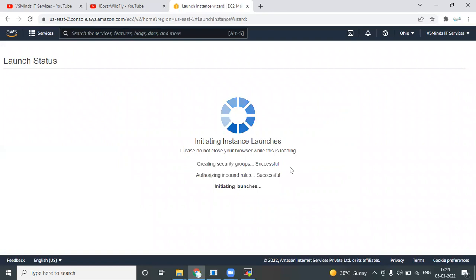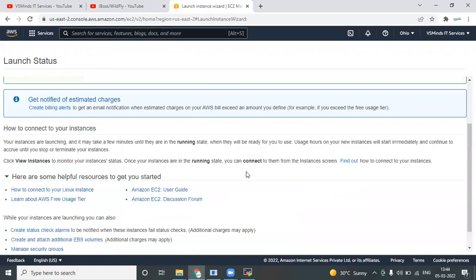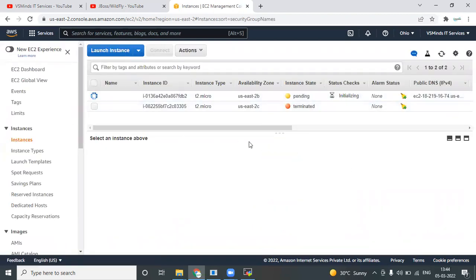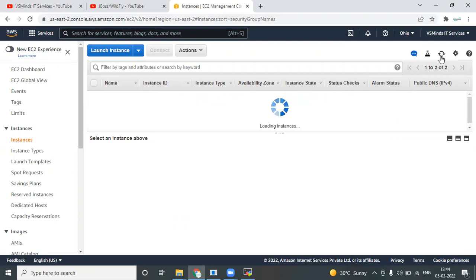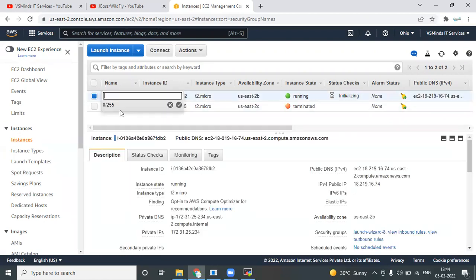Click on launch. Since I have some keys here, I will choose the AWS key and launch the instance. My instance is getting launched, and all checks are completed. View instances. This is still in pending state. Just hit the refresh button. Yeah, it is in running state. I will just rename it to